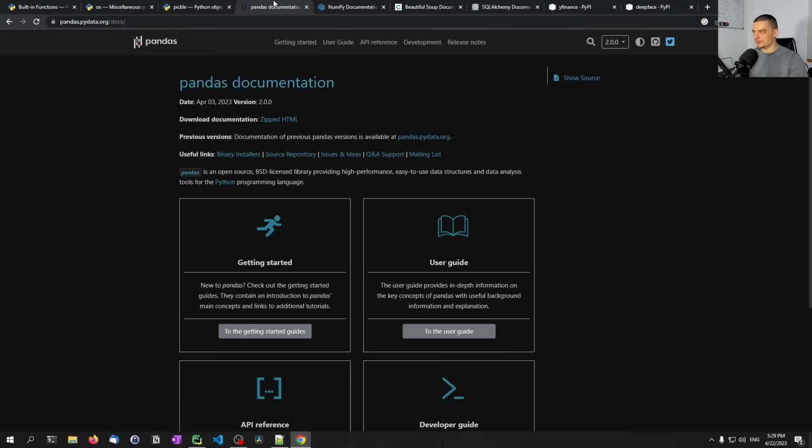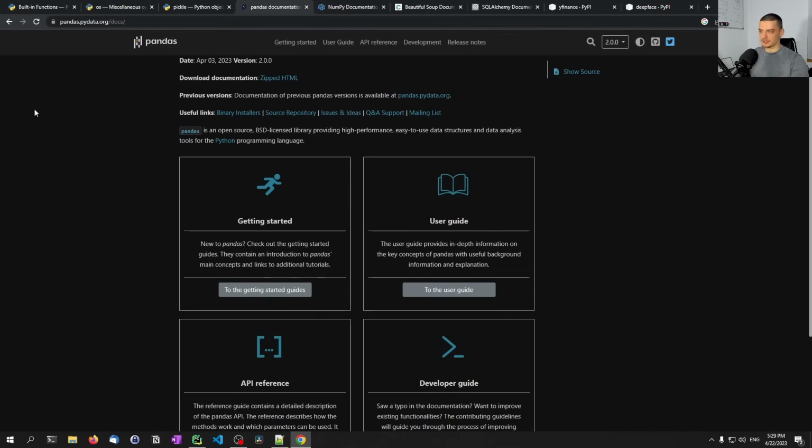So for example, you could go to Pandas, which is pandas.pydata.org/docs. And one thing that you will notice, and this will take away a lot of the frustration or the feeling of being overwhelmed when reading documentation, is to realize that almost all documentations, of course there are exceptions, follow a similar structure. In basically all of them, you will find a getting started section where